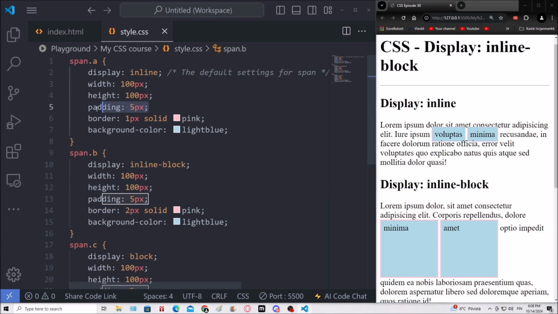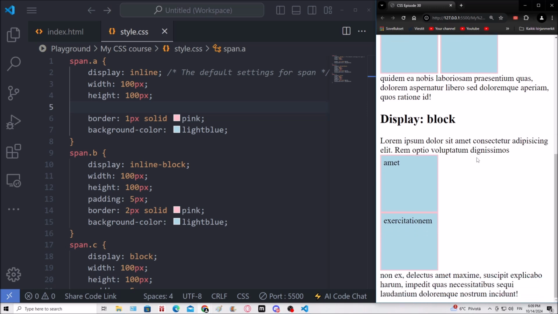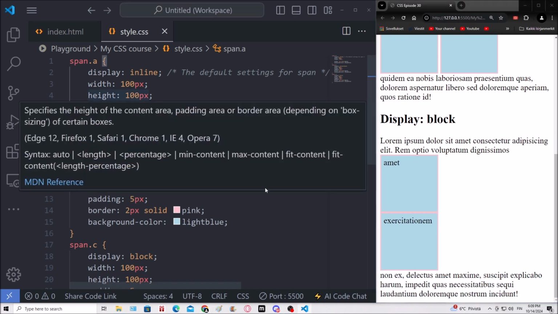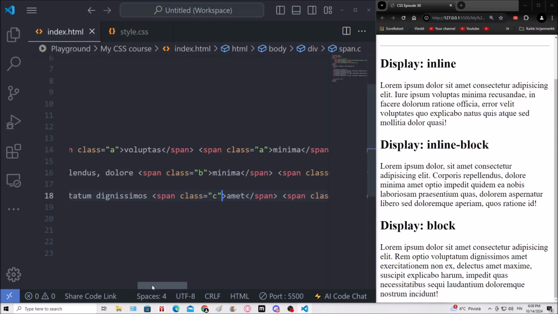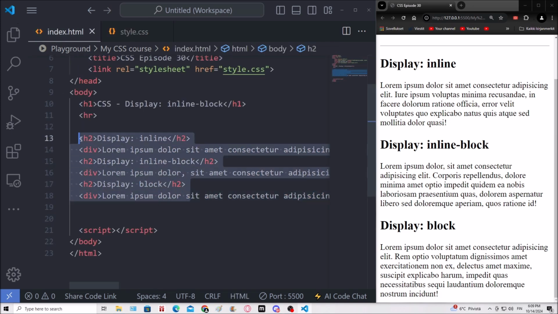If I remove the padding, it's gonna look like that. So this is kind of the default. Alright. So now you know the differences between these values. Okay, then I'm gonna go ahead and give you another example. So I'm gonna remove all of this